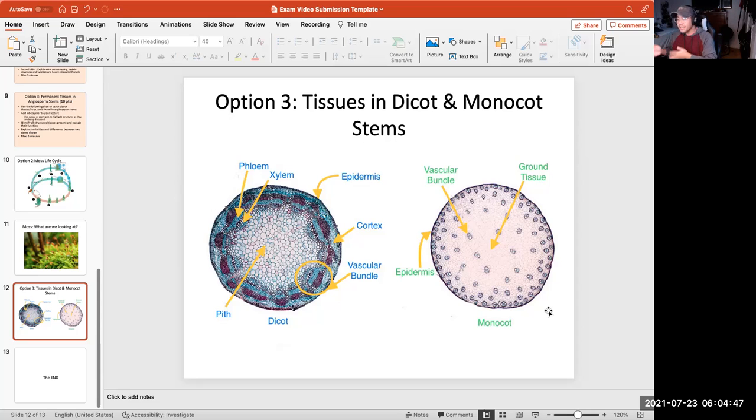Now, if we move towards the monocot, we can just tell just by looking at it, it's not as layered, if at all, compared to the dicot stem. At the center of the monocot stem, we have ground tissue, but it is not called a pith because in the dicot that is the layer within the structure, and that is what it's called. Because there is no layer within the monocot, it's just ground tissue, but it still has the same cells and spaces in between to support gas exchange, water storage, and other types of transfer of nutrients